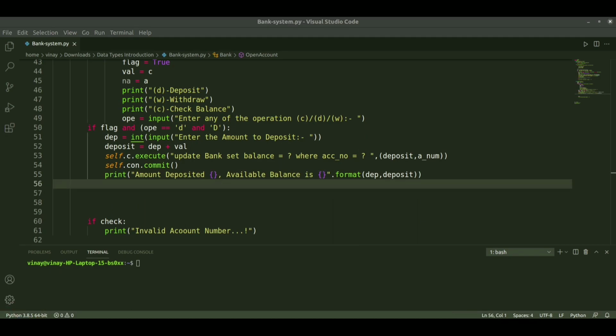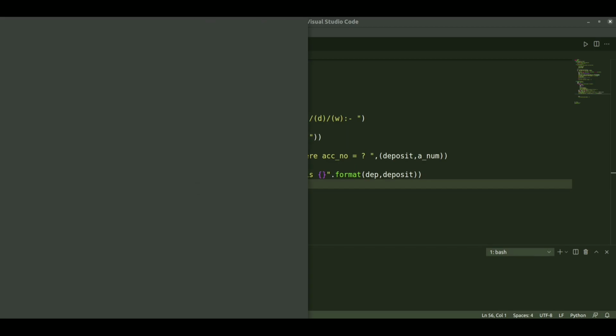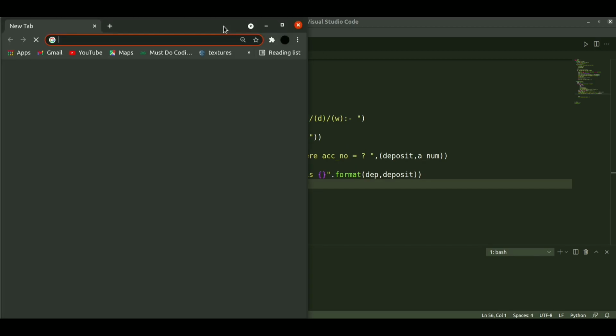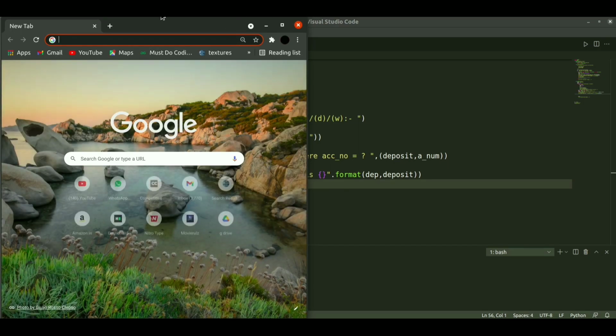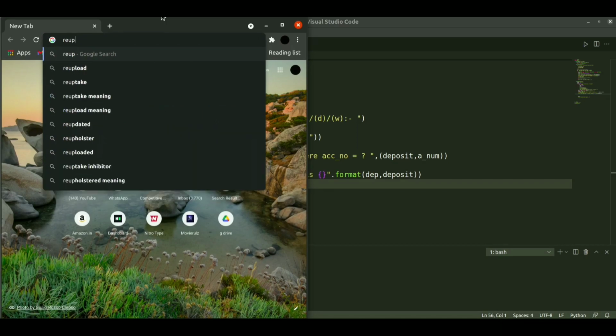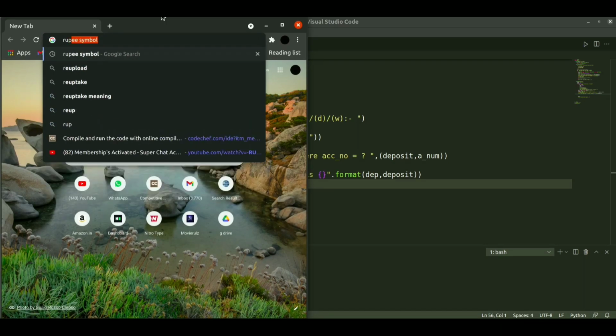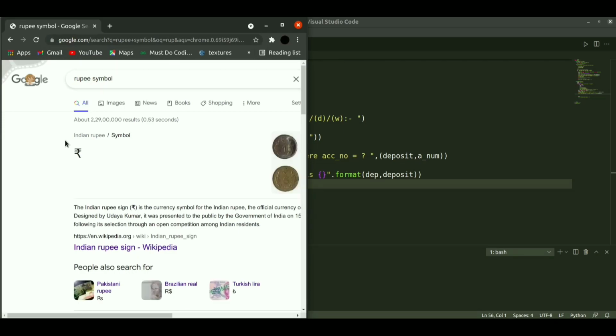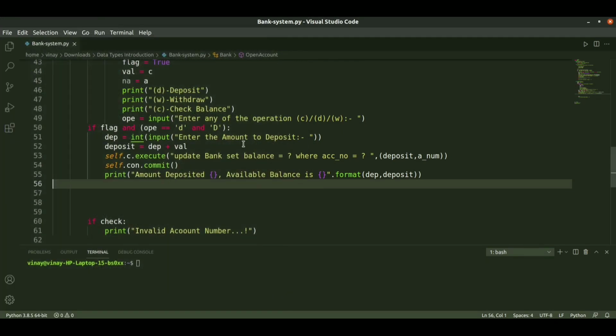It will be bare if we just display a number, so in order to look good, we just copy the rupee symbol. I open Chrome, and in Chrome we just search for rupee symbol. We copy this and close it.